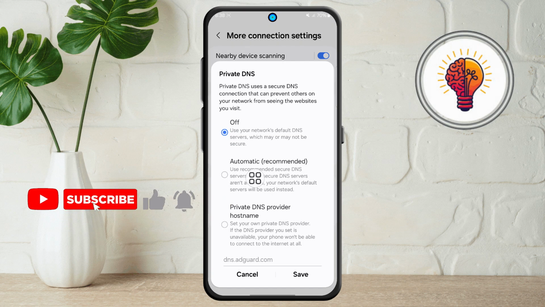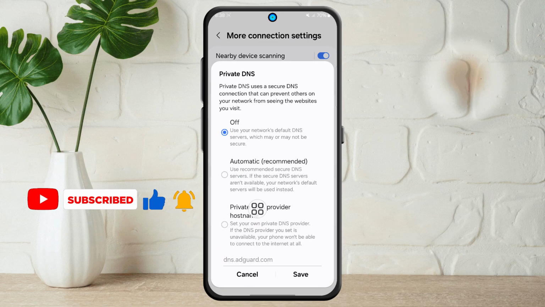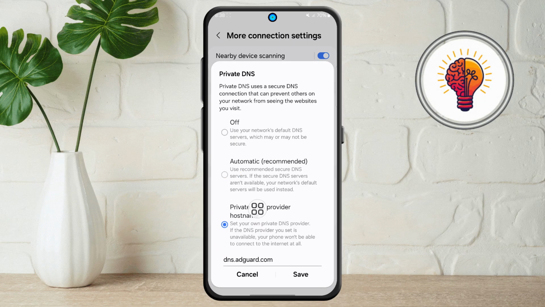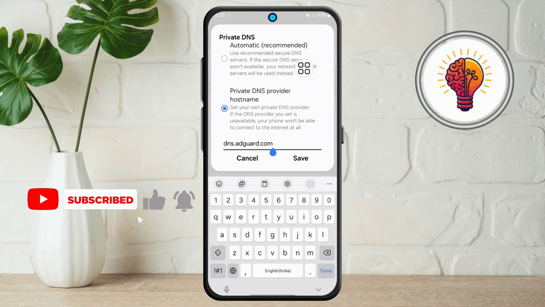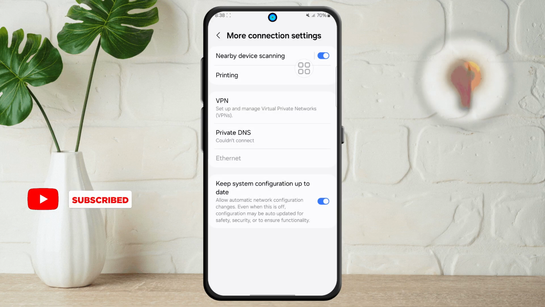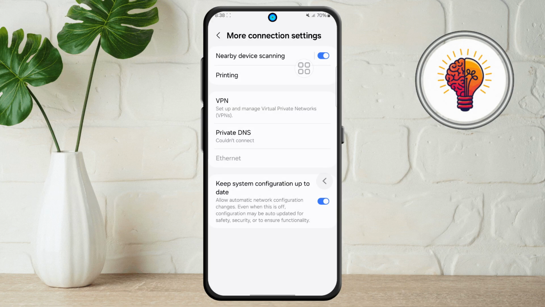Step 5. For the last and most important step, now you'll see 3 options. Select the one that says Private DNS Provider Hostname. Then in the field that appears, type dns.adguard.com. After that, tap Save. This sets up a DNS filter that blocks many types of ads, including pop-up ads in